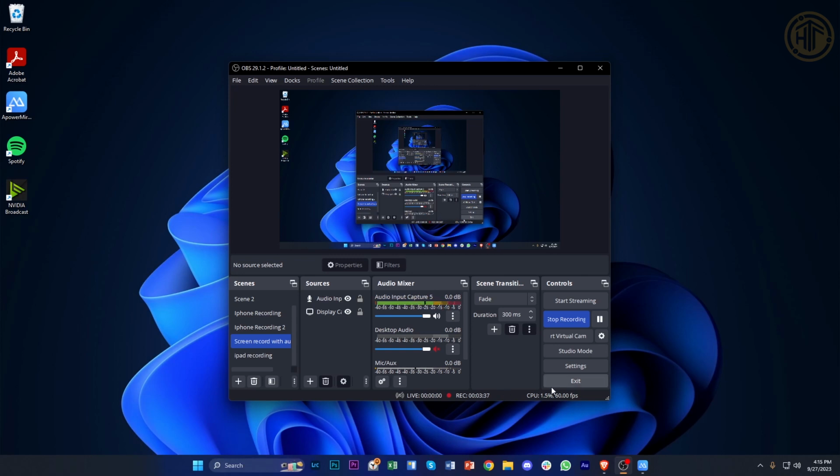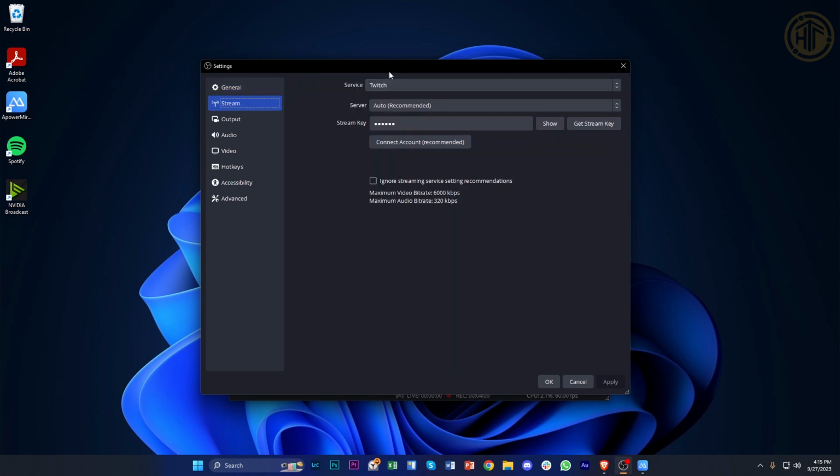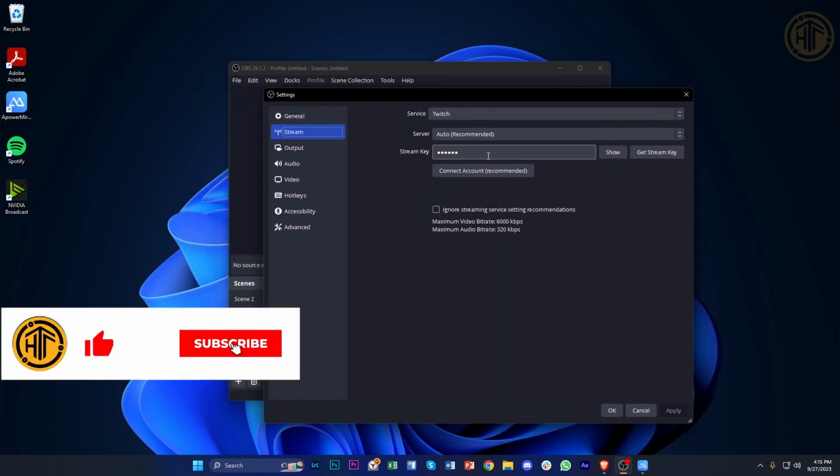Alright guys, so what you guys need is basically the stream key of the specific platform. So if you guys want to go ahead and go live using OBS on your PCs, on different platforms there is going to be this stream key that we call in order for us to basically stream from OBS to that platform. So we can actually go ahead and tap on settings over here and wait for it to launch, and let's go ahead and tap on stream,